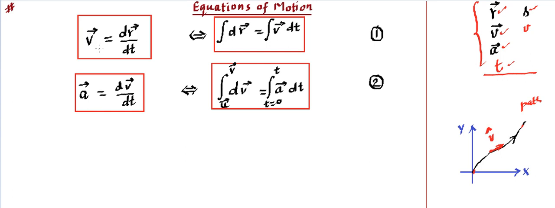Similarly, for this differential equation you need to place the limit. So we will say that t is going to be running from 0 to any time t, so this is going to be the limit on time, and here we need to place the limit on position. If we are starting from origin and going to any r position, we can say it's going to be from origin to r position. And if we are starting from any other point, we can say initial position to final position. So that's how the limits are going to be there.